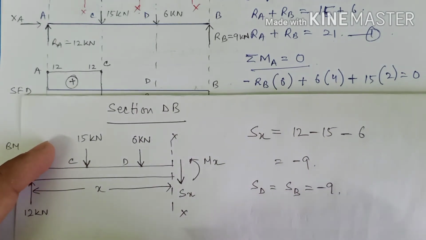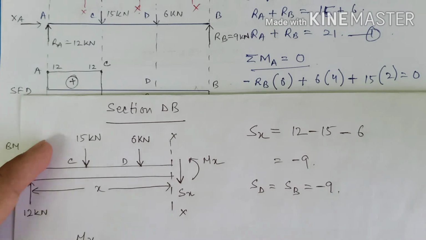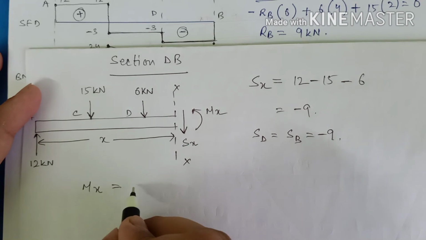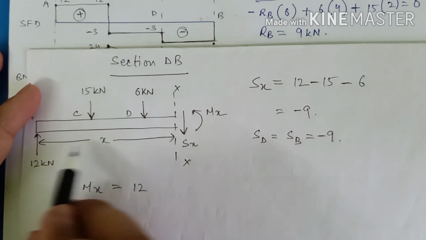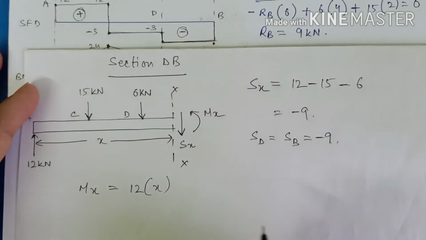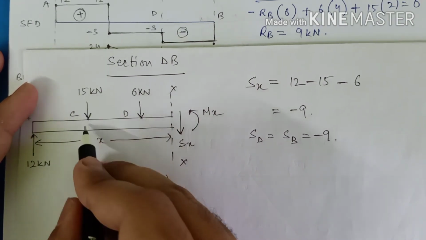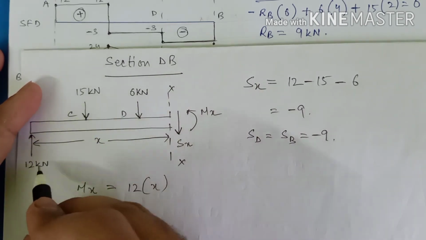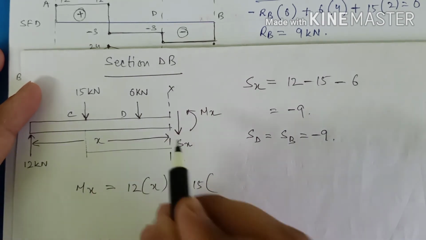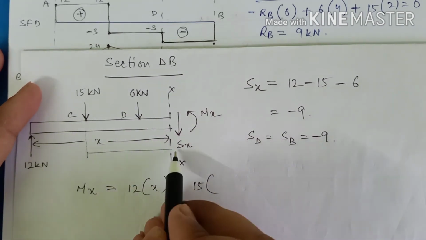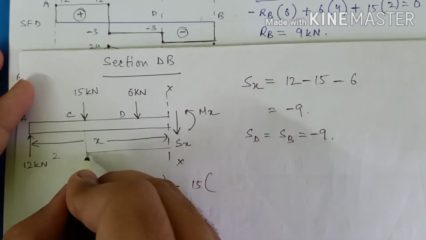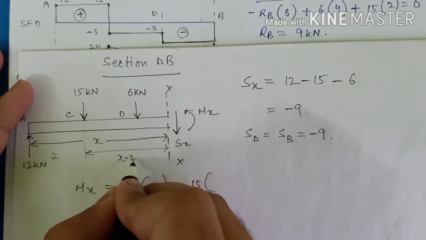Now let's come to the bending moments. So bending moments, very simple guys. So first let us consider this one. So 12 multiplied with distance, this x, okay, it will try to sag the beam, so basically positive. Next this one, 15, it will try to hog the beam, that is negative. 15 multiplied with the perpendicular distance, that is this. The total is x and this is 2, so this will be nothing but x minus 2.